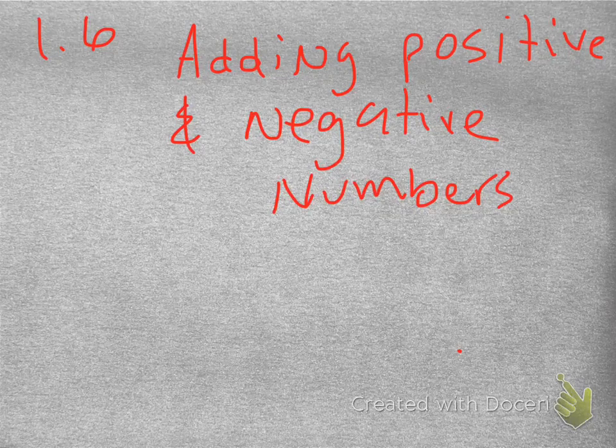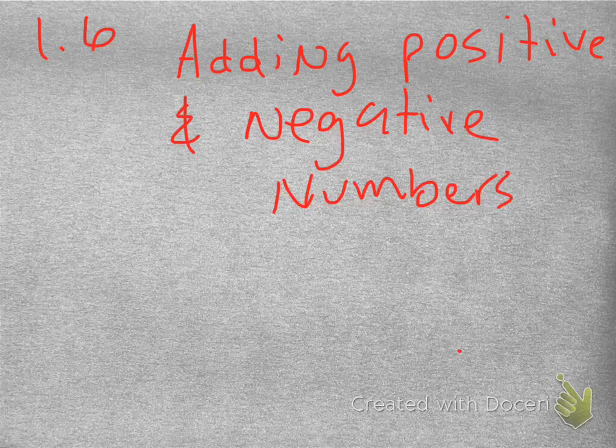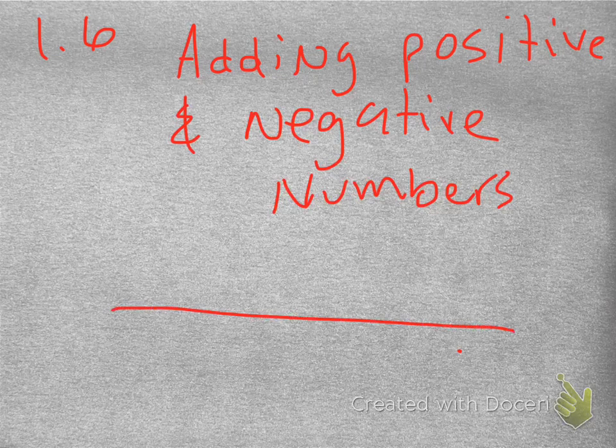All right. Addition of real numbers is combining two or more values into one. Addition can be illustrated with a number line. Adding positive values on a number line can be shown by moving to the right. So if we have a number line, and if I'm at 2 and I want to add 3, I just go